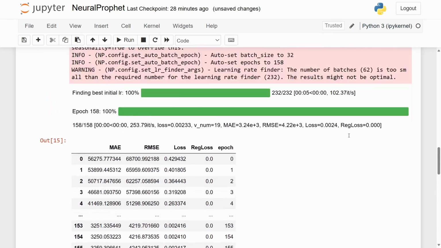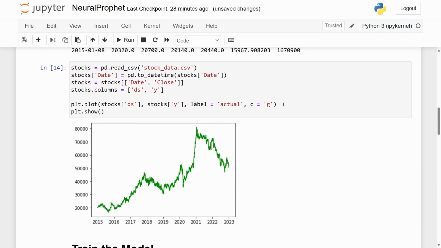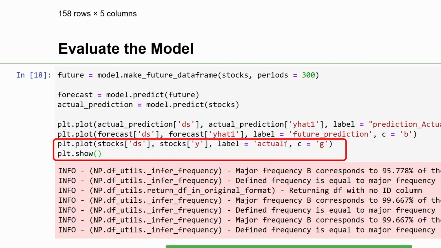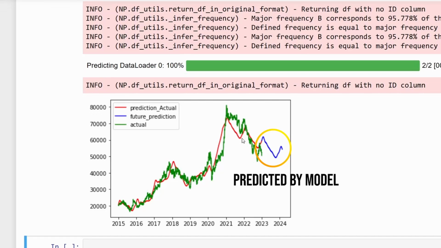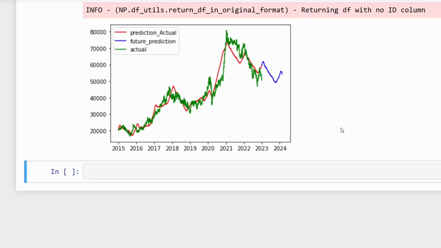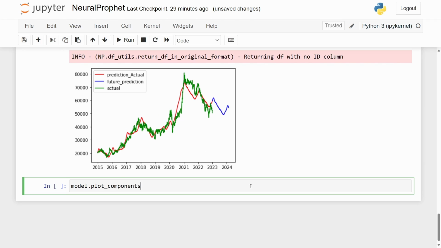And finally, I want to plot the original data set itself. So I'm going to call these two, copy, and then paste. Let's just actually type in plt.legend to segregate properly, like that. And now when you run this code, we get the predictions, and this is how our model performs. So initially, it identifies the trends, and then it makes predictions for the future. Very nice. Now when you also use the model.plot_components function, like that, and then pass in the forecast,